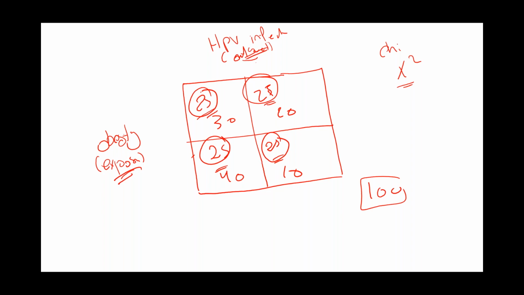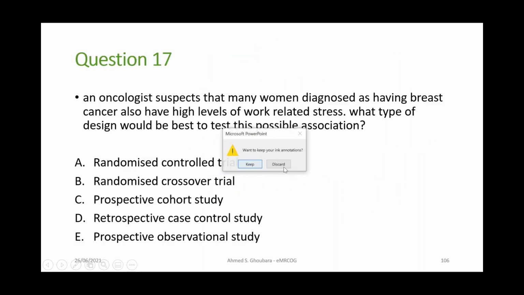The chi-square test will bring me, at the end, the p-value. The p-value will tell me whether my observation is very different than the null observation, the 25, 25, 25, 25, or not. So the purpose of chi-square is to test the observation